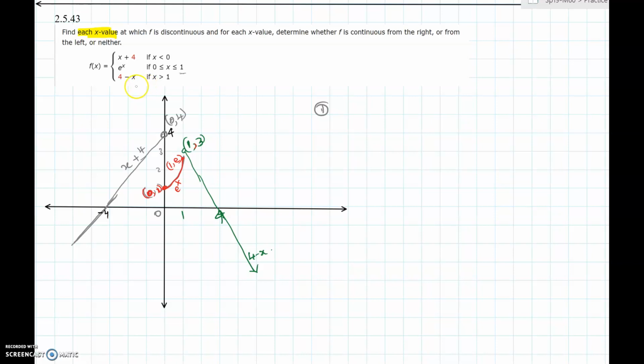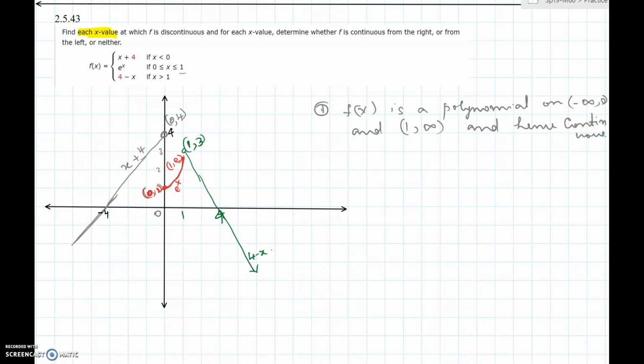The last piece is also linear, a polynomial, and continuous. So f of x is a polynomial on negative infinity through 0 and 1 through infinity, and hence continuous